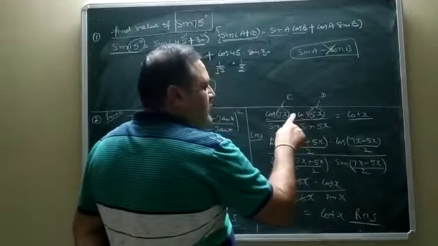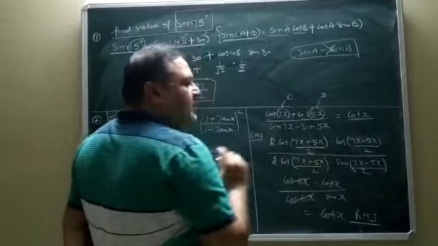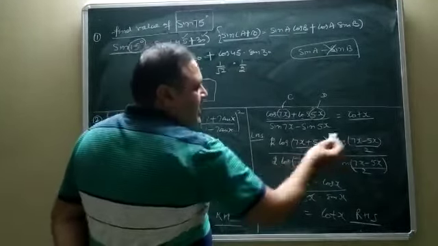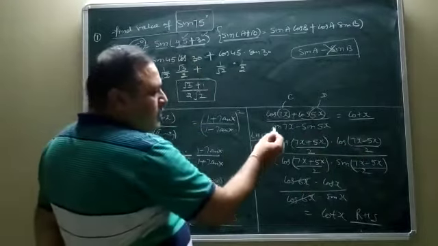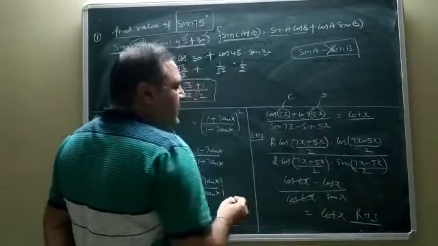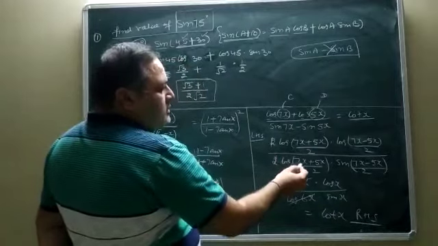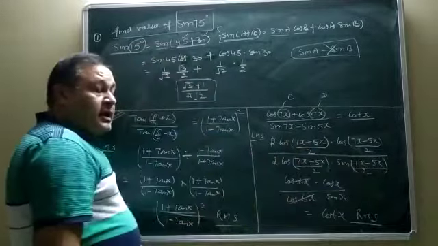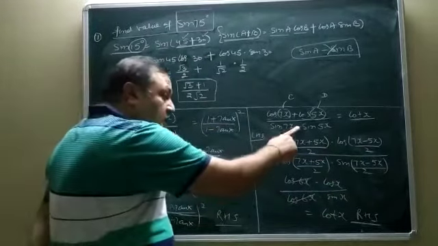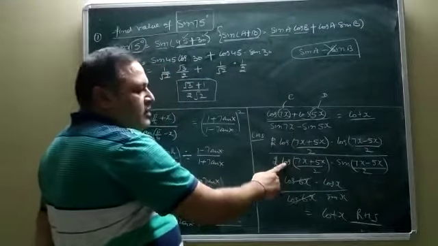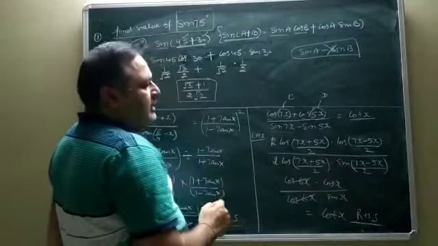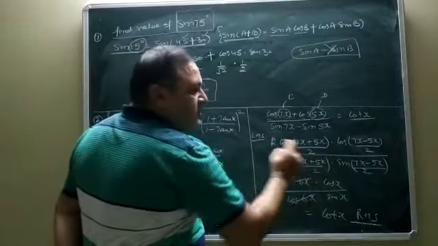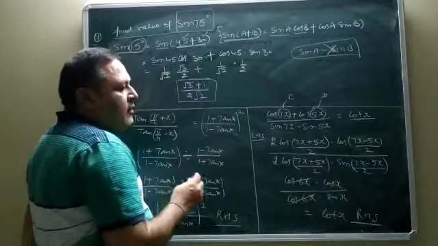Whenever there is cos and addition, both functions are cos, one with the positive angle and the other with the negative angle. Now come to sin C minus sin D. It will become 2 cos of C plus D by 2 into sin of C minus D by 2. In case of sine, if it is negative, then the first function is cos and the second function is sine. And if positive, then the first function is sine and the second function is cos. So you must remember the formula.